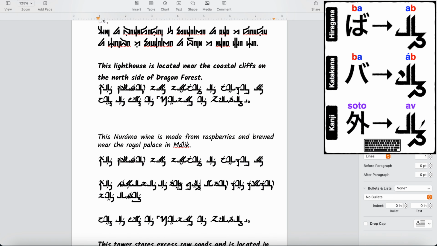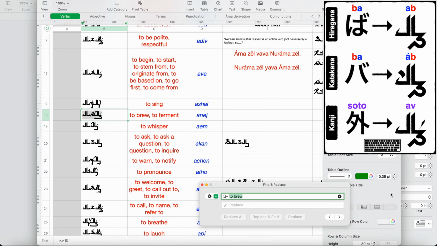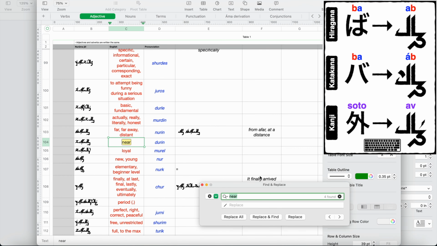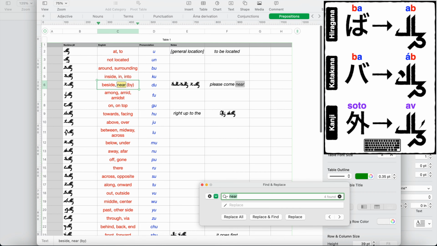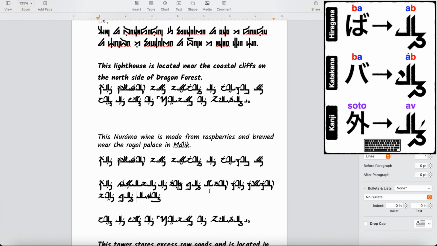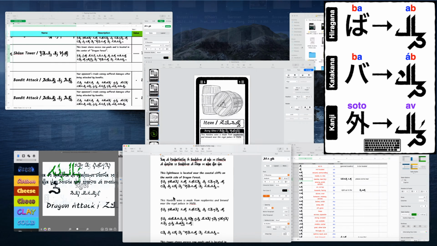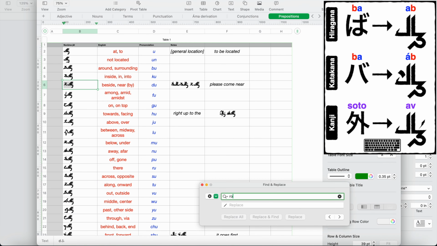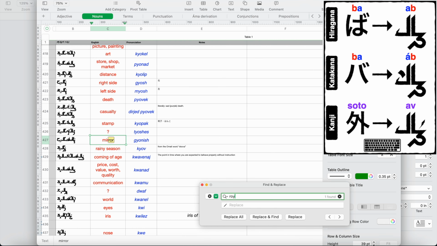For example, if I wanted to write the letter A with a final B in Narama, I type the Japanese letter Ba in Hiragana. If I want to add a Narama diacritic to it, I press the spacebar to change the Japanese letter Ba from Hiragana to Katakana, which the letters I want to use are assigned to. For sounds that don't correspond to Japanese sounds, I assign them to kanji and then make a reference chart for which kanji they're assigned to. I know it's a little complicated, but it's the best I could come up with.